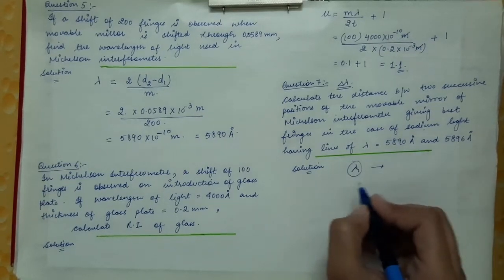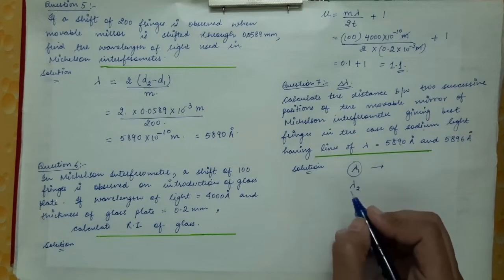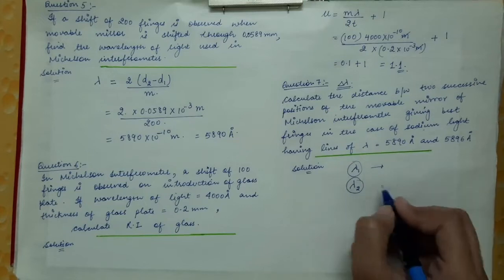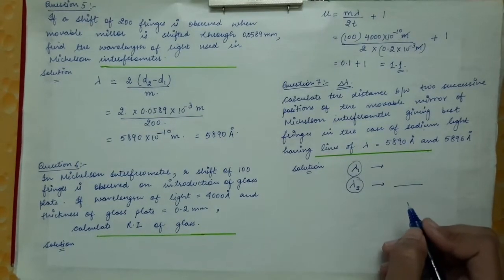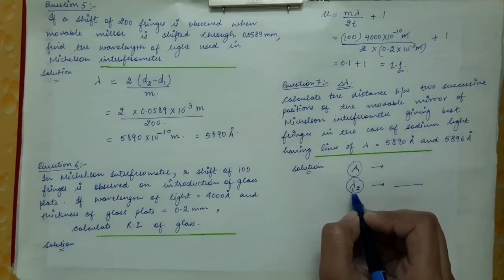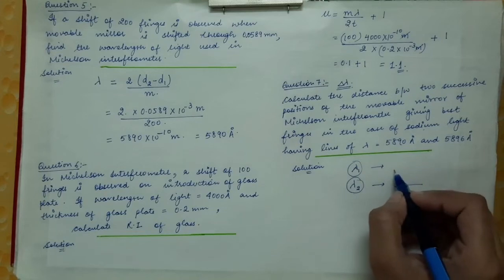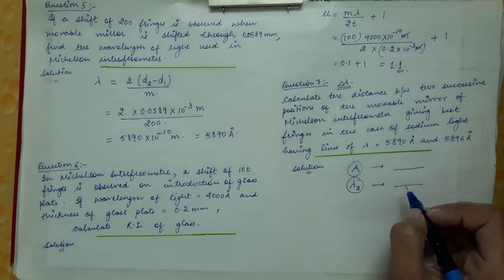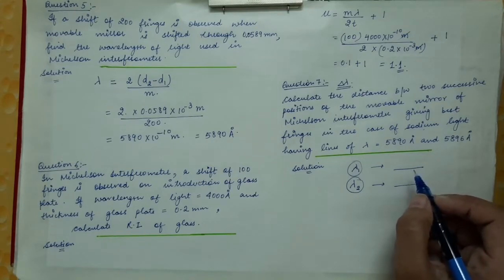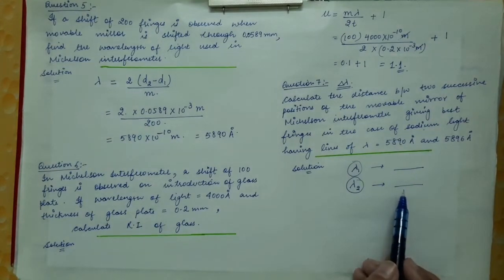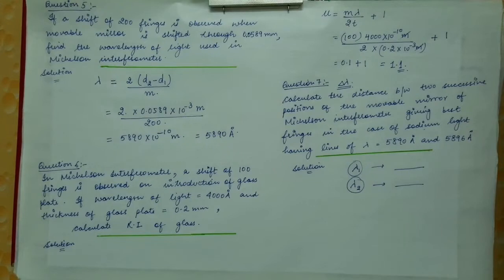So if we have another wavelength of light simultaneously along with lambda 1, if there is another wavelength of light present in the source, then we will also get another fringe pattern. So when we have two wavelengths of light coming from the same source at the same time, two fringe patterns are obtained on the screen. So these two fringe patterns will overlap with each other, and when observed, the two fringe patterns will overlap with each other.